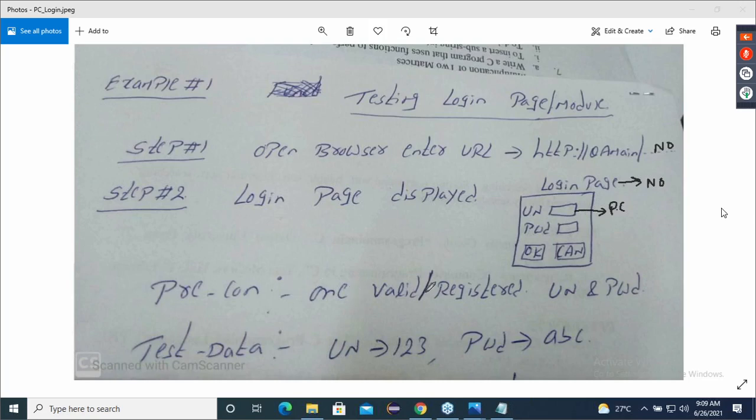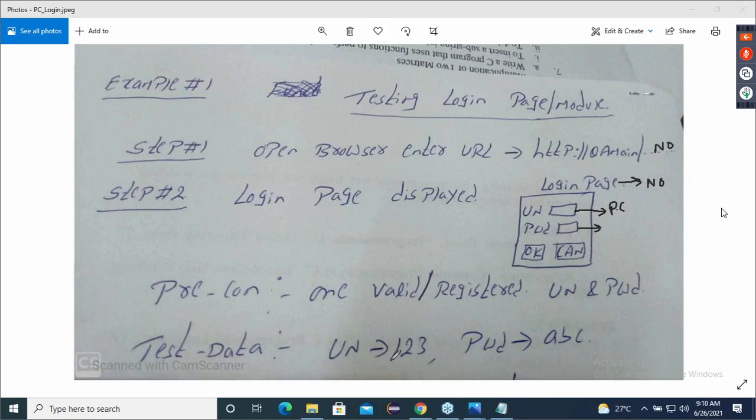There you write one valid registered username and password. Now, next, this is my second precondition, password also. So I've written one valid registered user, and password should be registered, and you can write in any language. Please register username and password before testing, or username and password should exist, or one valid login should exist. However you want, you can write it. The other person should understand this precondition.